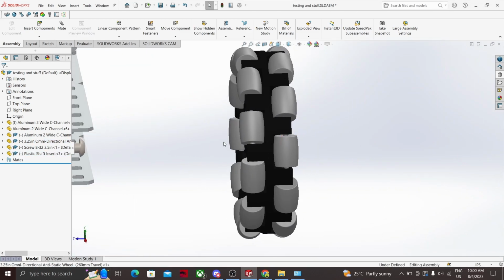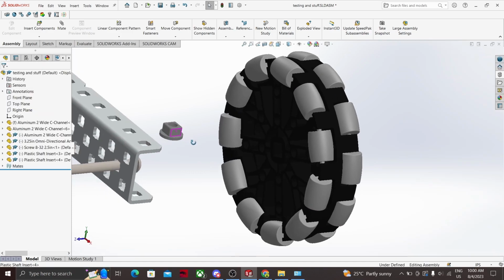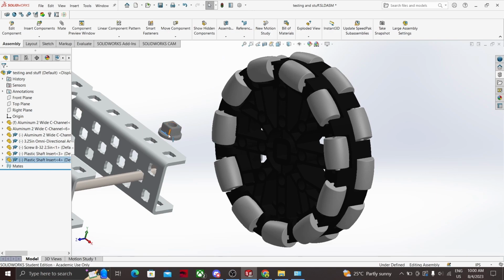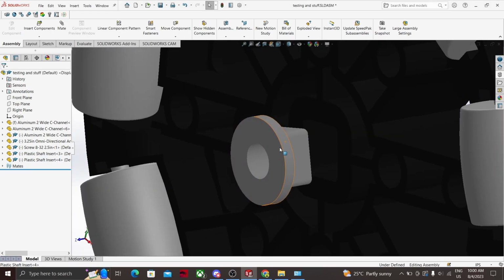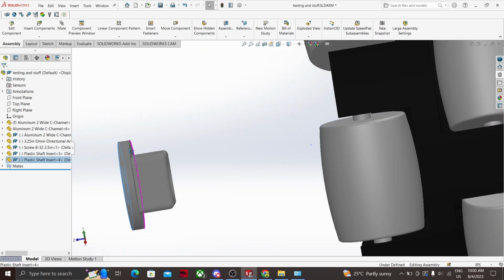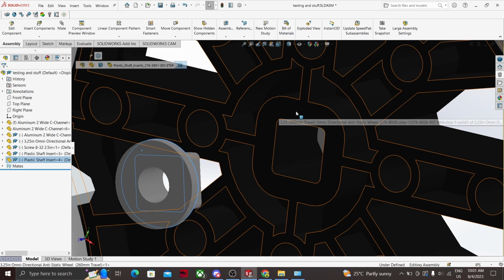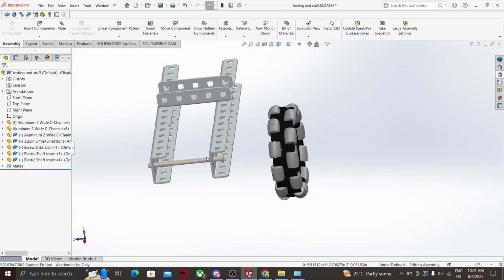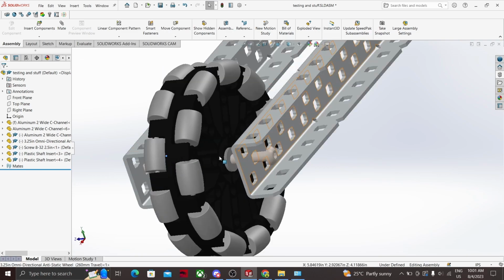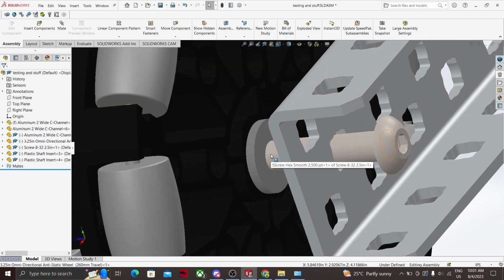So I'll do it really quick another time. So plastic shaft insert, I'm gonna rotate a little bit just to give it a head start. Arc, arc, concentric, coincident, these two faces, and there we go. That's it. Now we have plastic shaft inserts on our omni wheel, and now it can spin well on the